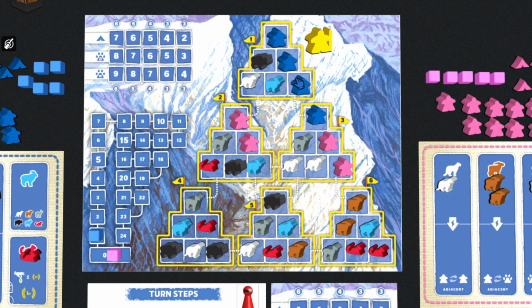So let's assume that it's blue's turn. To build camps, what you can do is take any adjacent set of hikers. Now, it doesn't have to be like this. I'm just going to move this around for an example. Any adjacent. Now, you'll see these dotted lines connect the triangle corner pieces with other spaces. So you can take any connected set of hikers, you remove them from the board, and then you replace them